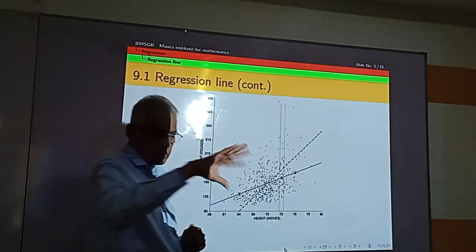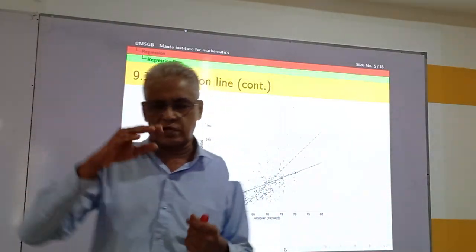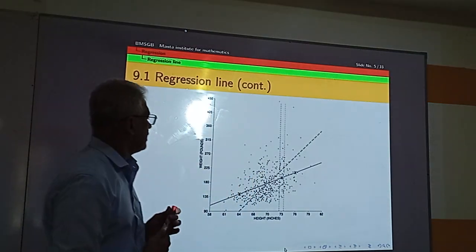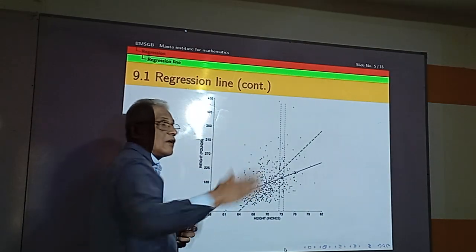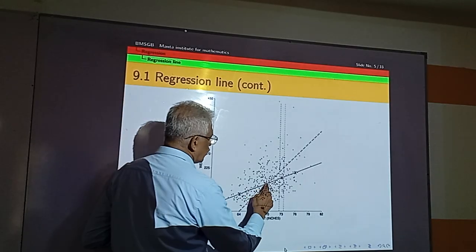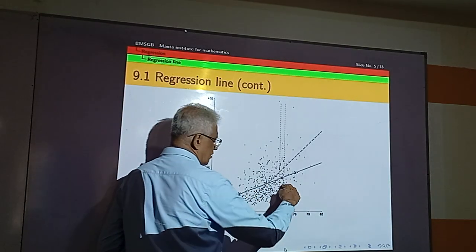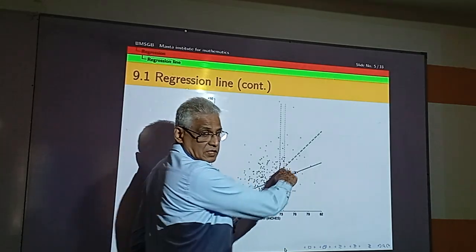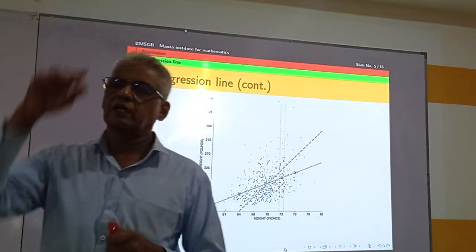Both lines go through the average point, average x and average y. And if r was 1, when I go from here 1 standard deviation of height, weight will be 1 standard deviation of weight, and then the point will be